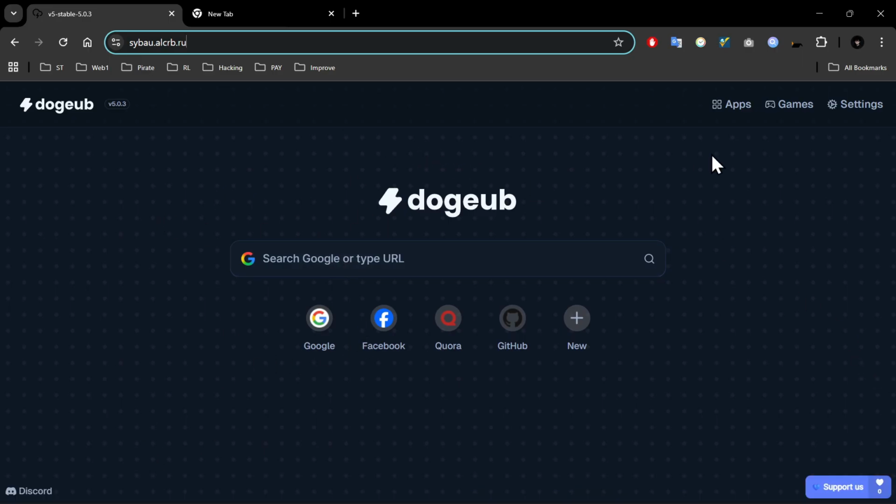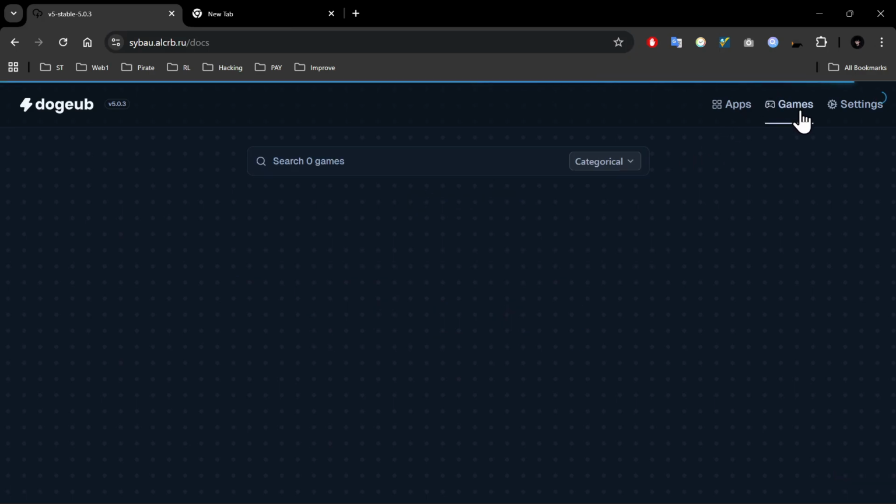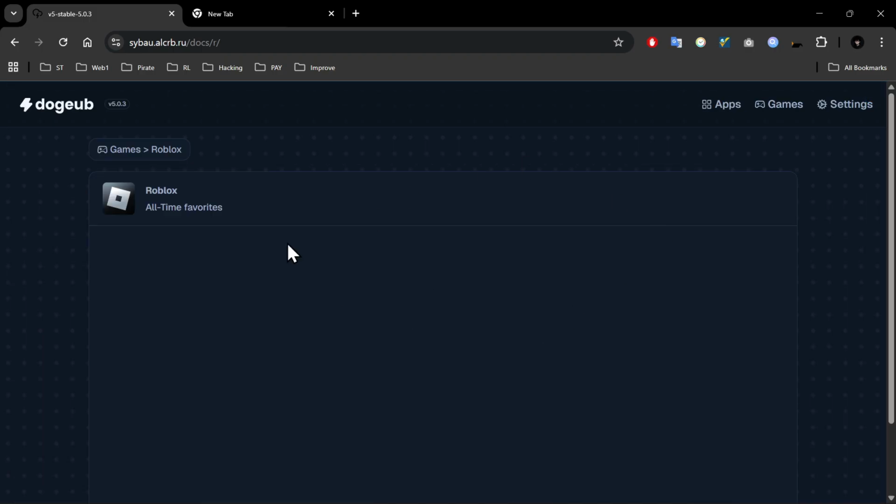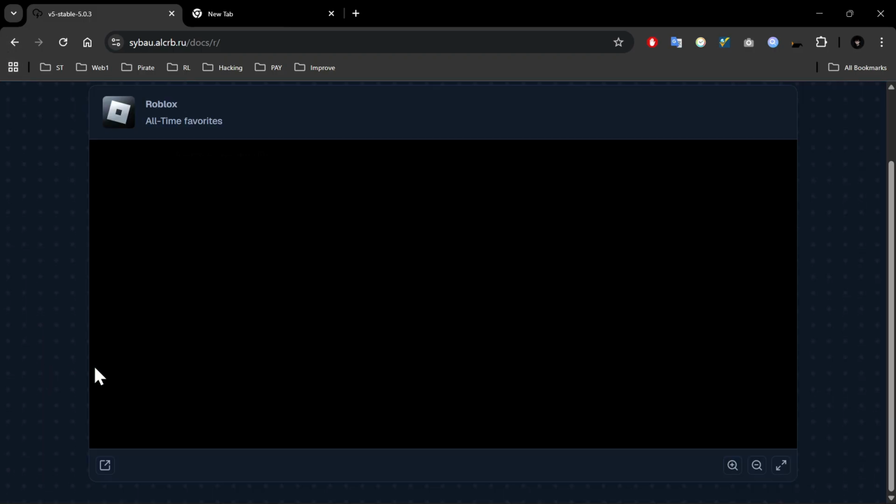So its name is Doggy Unblocker. So this will actually unblock a lot of games and websites that are actually blocked on your device. So you can actually click on games from here, and from here you can actually find Roblox. So if you click on open it, now you can just wait and it will load Roblox for you to